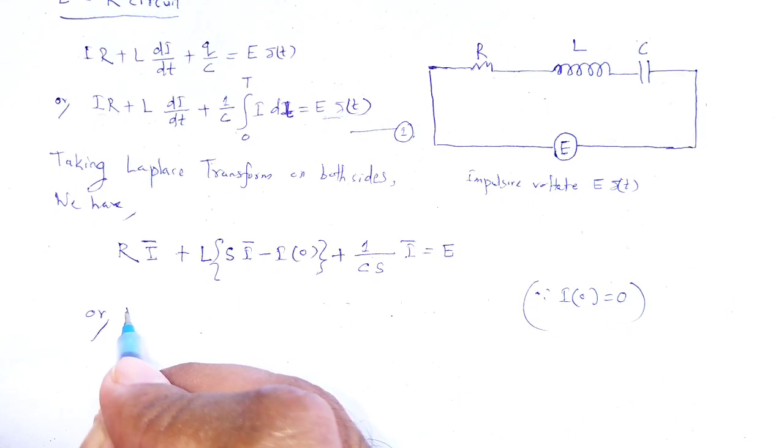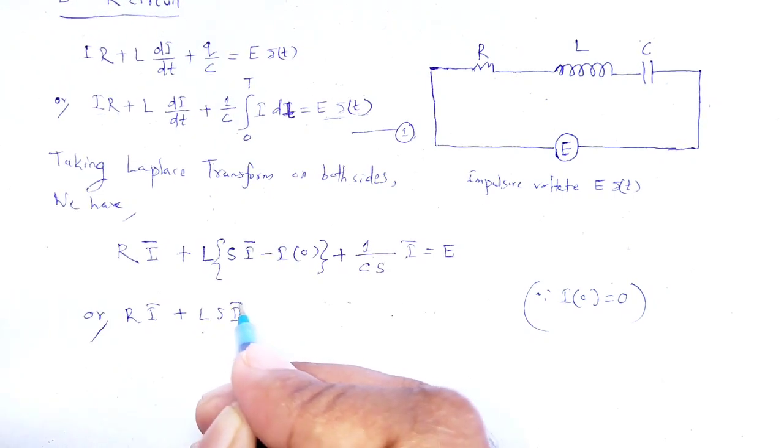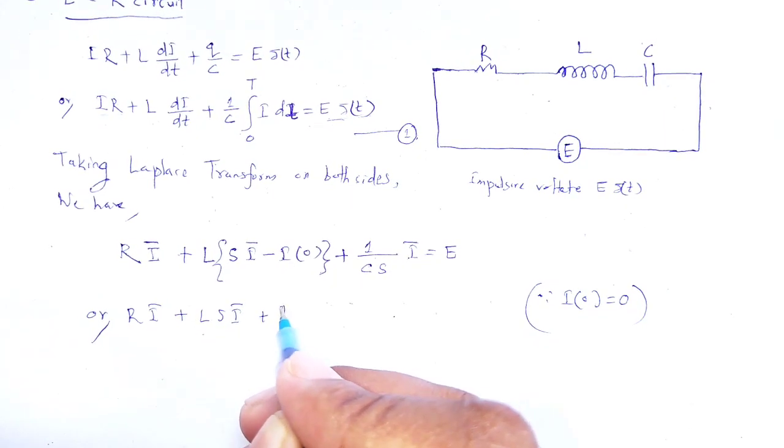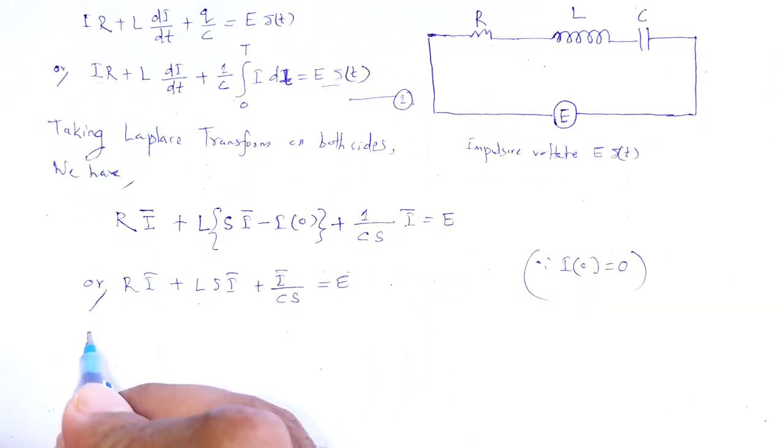We have R I bar plus L S I bar plus I bar divided by CS is equal to E,